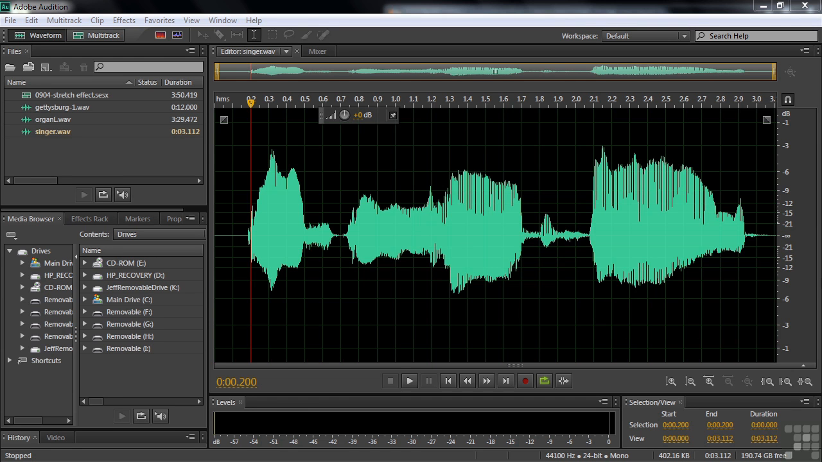There are two ways to stretch or shrink a clip inside Audition. One is an effect called Stretch and Pitch, and the other is less an effect and more a feature called clip time stretching. I'm going to show you the Stretch and Pitch effect in this tutorial. I'm going to save the clip time stretching for the next tutorial, but I want to introduce you to that